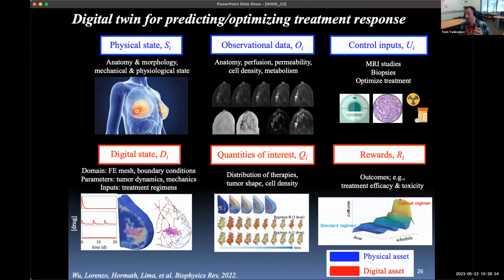And so with this mathematical model, you can now build these surfaces. These surfaces are patient specific. They're initialized with patient specific data. You have a whole set of doses you might pick, and a whole set of schedules you might pick. And then you can build this thing. For this particular patient, the distance from the optimal regimen was actually quite far from the regimen that they received, at least according to the mathematical model.